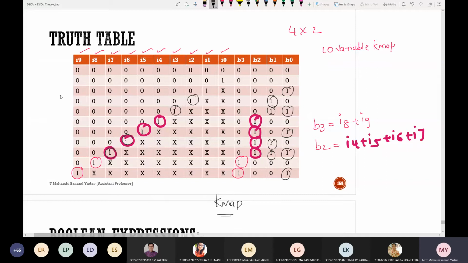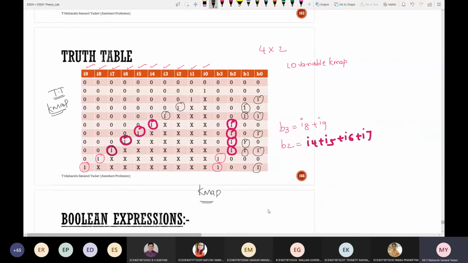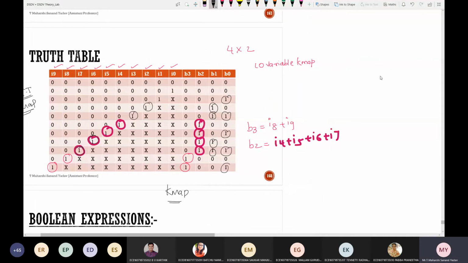Now, can anyone tell me the Verilog code by looking at this truth table? By mentioning priority, you have to tell me the code now. Same story like the 4 cross 2 priority encoder only. What will be the difference now here? After always at the rate input I begin. So there should be end.